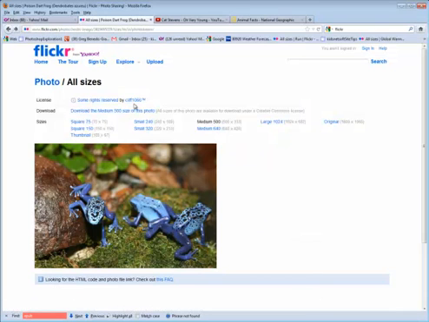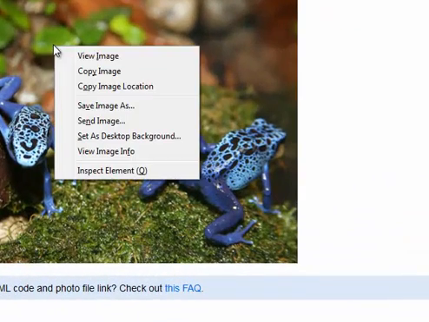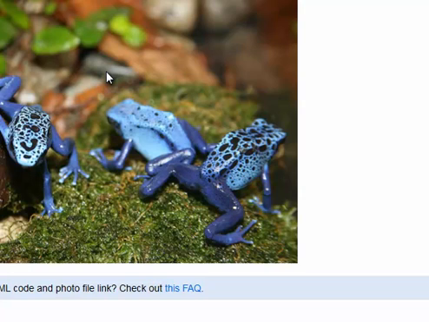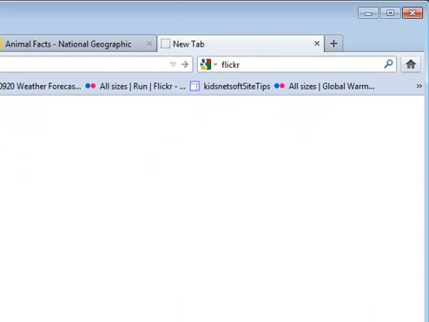I will take note that would be, in this case, Cliff1066. So I'm going to go ahead and right click. I'm going to choose Copy Image. Now this is not a square, so what I'm going to do is go